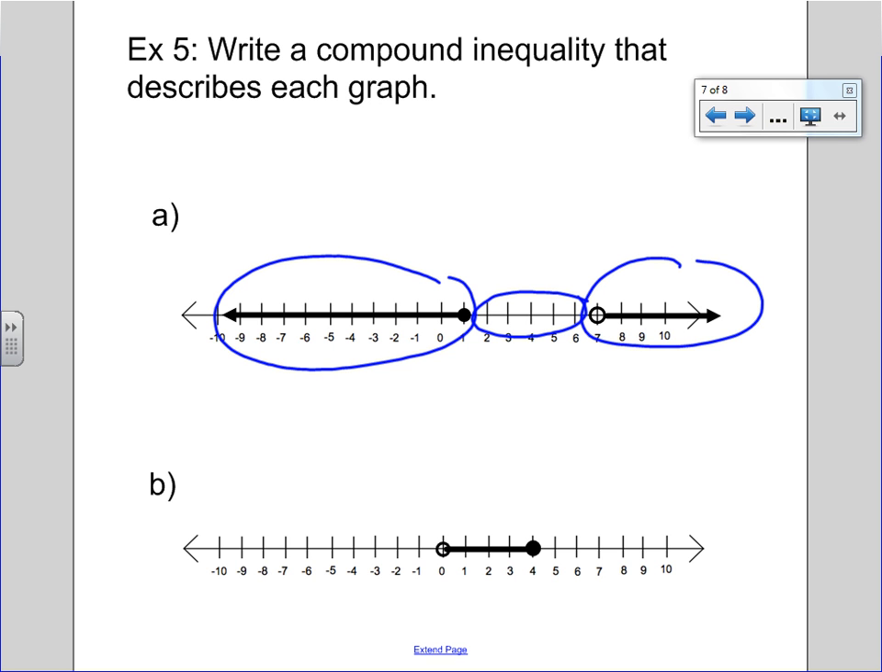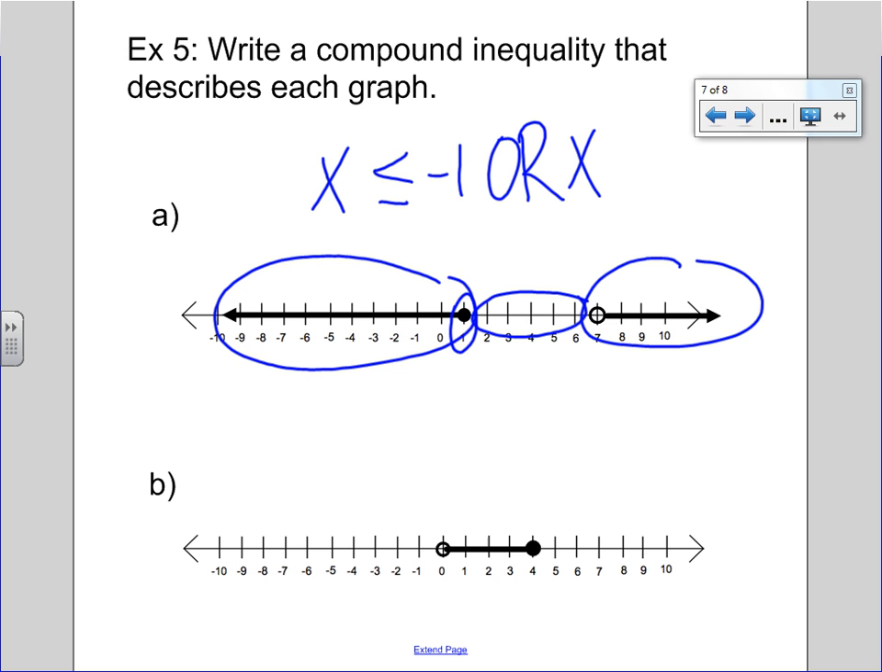So in the first part, my point here is at -1. So I have x is something compared to -1. It's shaded in, so that means it's going to be equal to, and the arrow goes to the left. Okay, so I have x is less than or equal to -1, or